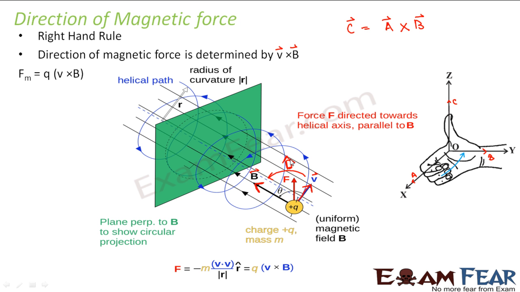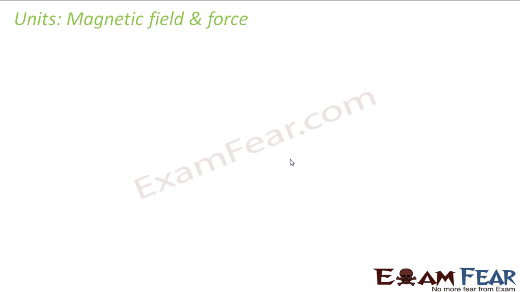So now what all did we study till now? What is magnetic field? What is the force experienced by a charged particle when it comes in that magnetic field? How do we calculate that magnetic force on a charged particle? How do we determine the direction of magnetic force on the charged particle? So now let us talk about the units. What are the units which we use for magnetic field and magnetic force? So let us first talk about magnetic force. Magnetic force is also a force at the end of the day, right? So the unit for any force would be nothing but Newton.